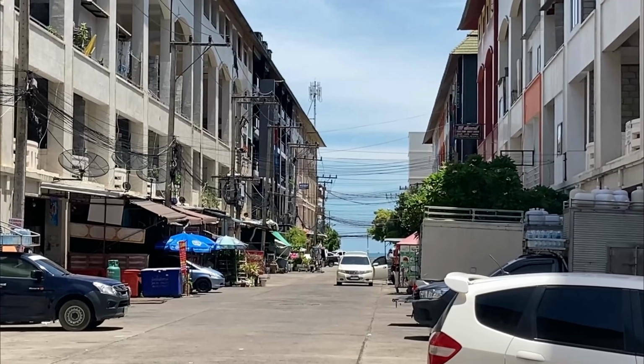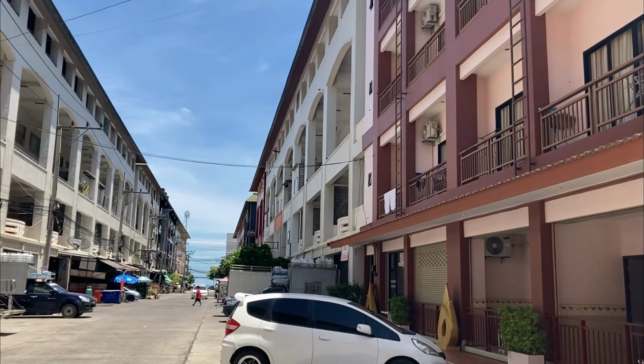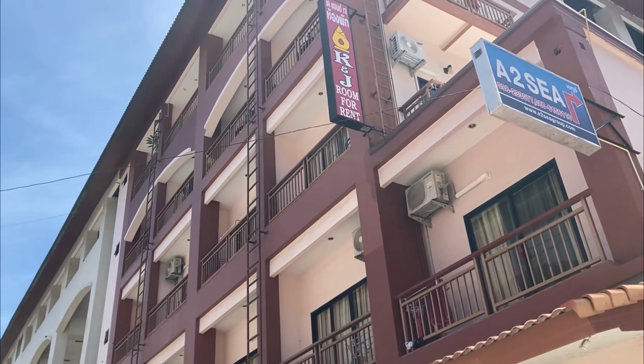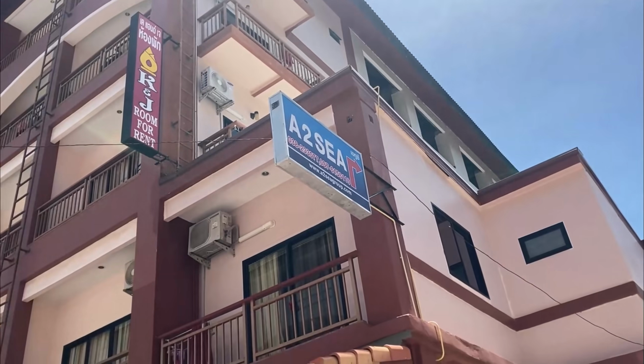So I finally found the NT Jomtien. It's back here in this little alleyway. Only maybe a little over a block, a long block. I don't know if you can probably still see the ocean down there. It's a long block down to the sea, but it's a good location. Before we get into this and look at the room, I can't get in until 2 o'clock anyway, but I'm not advocating anybody come here,